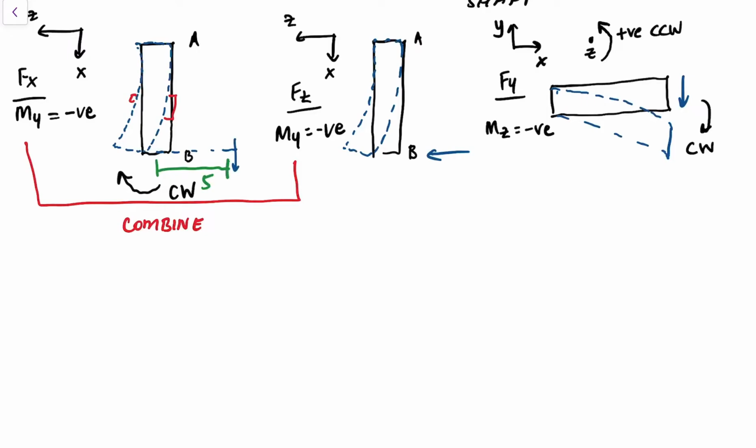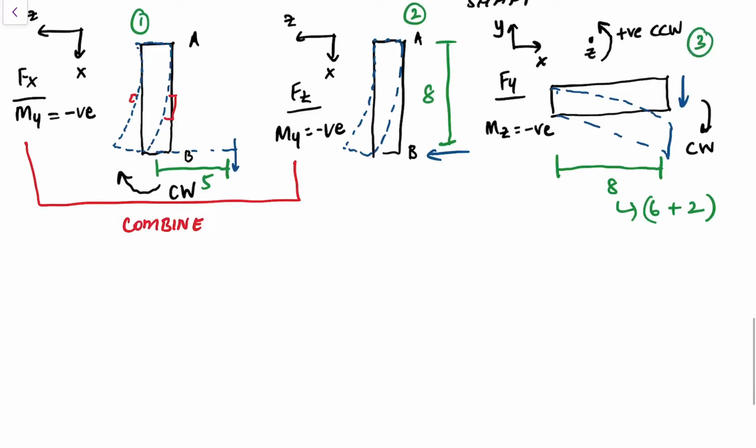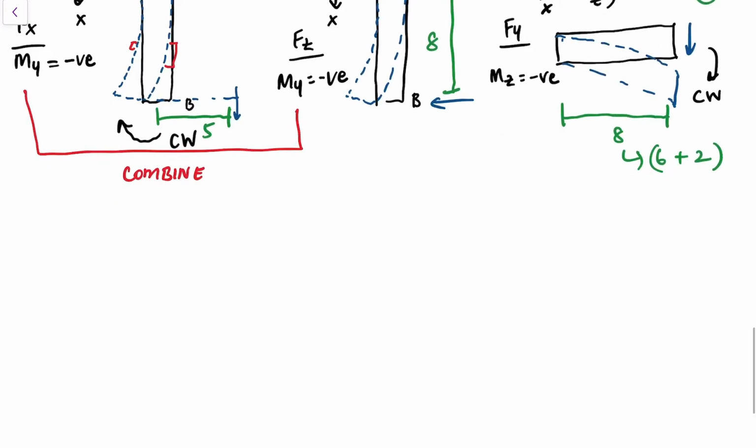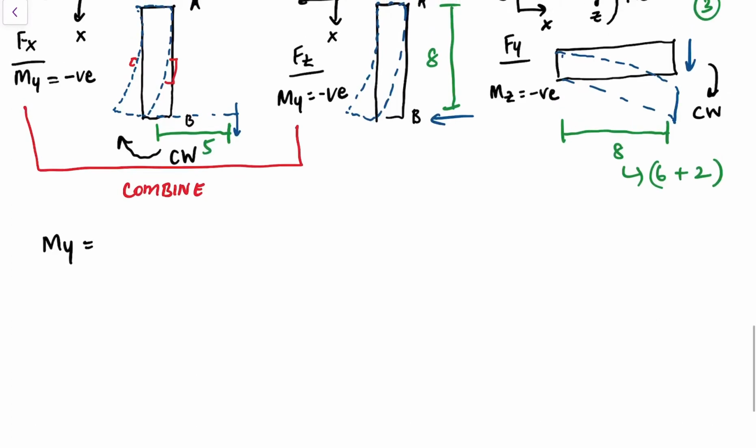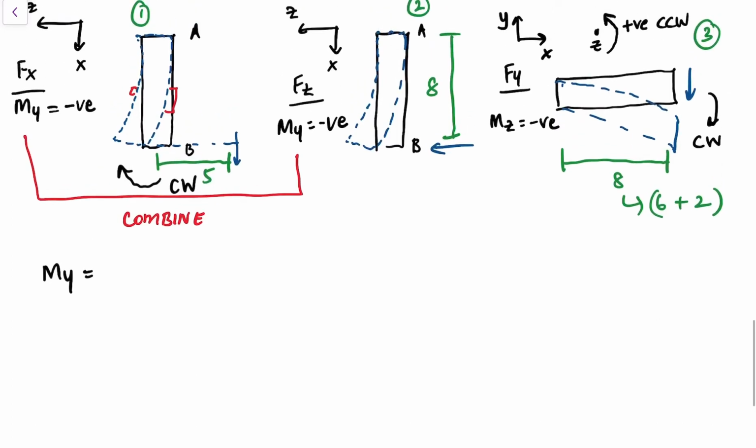which is 5. This is being applied at a moment arm which is 8, and this is also applied at a moment arm which is 8. And this 8 comes from the 6 on the rod plus the 2 from the handle. And the same thing goes here with the second one. So this is 1, 2, 3. So now we have My is equal to,